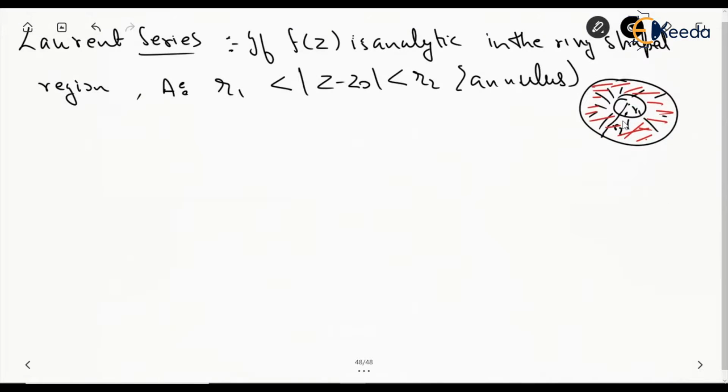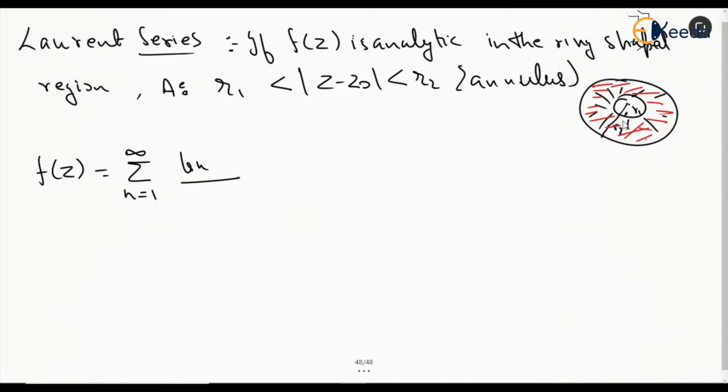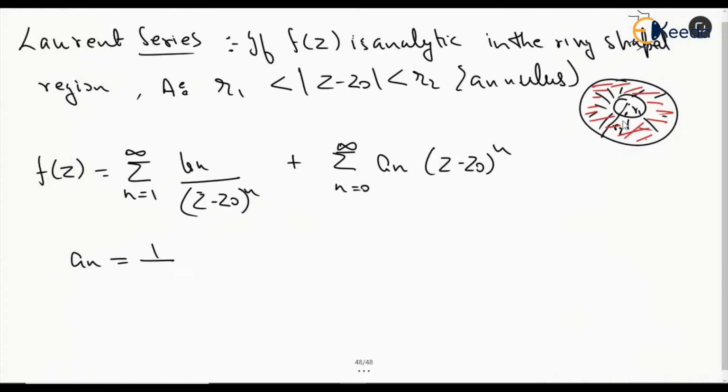Now for such a case, the function f of z is given as the sum from n equal to 1 to infinity of b n by (z minus z naught) to the power of n, plus the sum from n equal to 0 to infinity of a n (z minus z naught) to the power of n, where these a n will be 1 by 2 pi i integration of f of w by (w minus z naught) to the power of n plus 1 dw, and